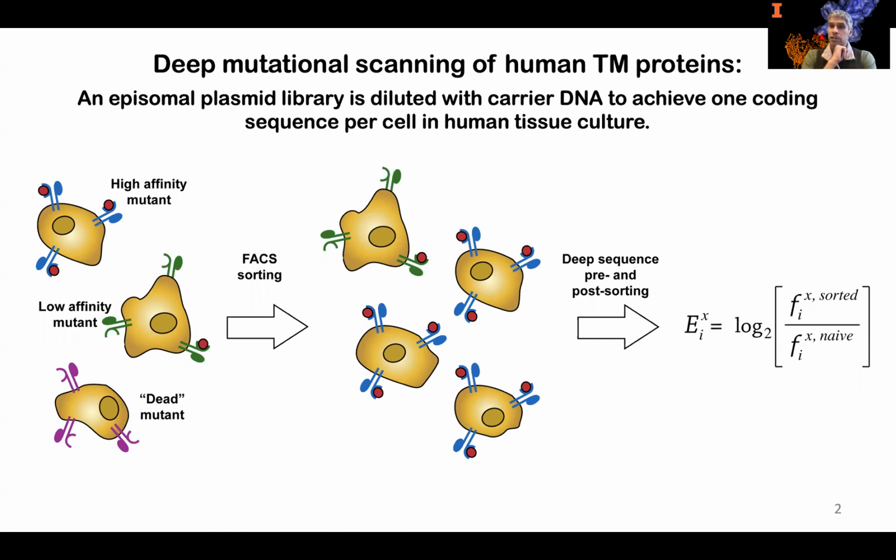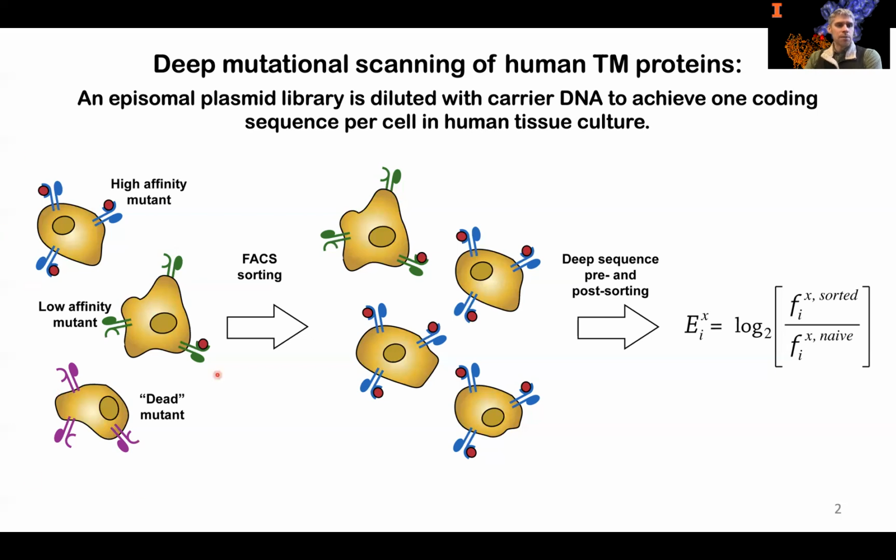Unfortunately, under those conditions, 95% of the cell population will be negative for the protein of interest. So a lot of time is wasted on, for example, a cell sorter sampling negative cells, requiring that sometimes the FACS sorts need to be up to 10 hours in length over multiple days. But the advantage is that very quickly we can go from making a library to doing a selection within several days.